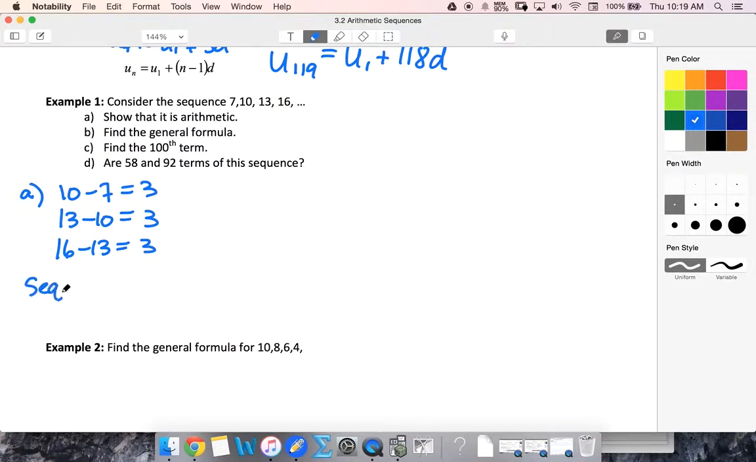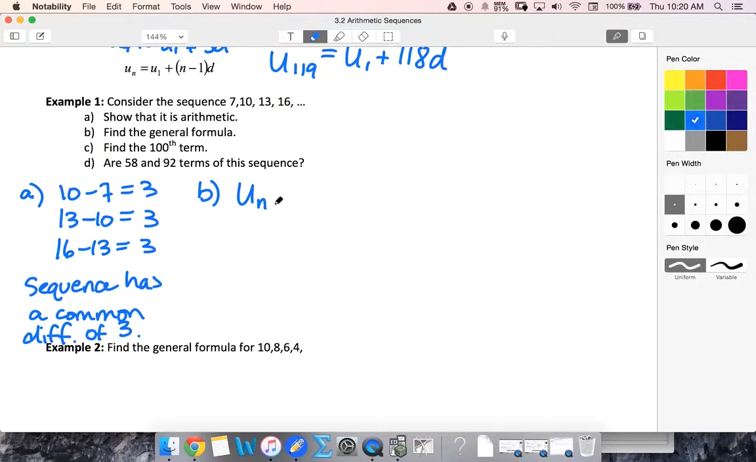So the sequence has a common difference. So that makes it arithmetic. And even more so, we can say that the common difference is 3. The general term, that's what we were talking about up here. So for any term,